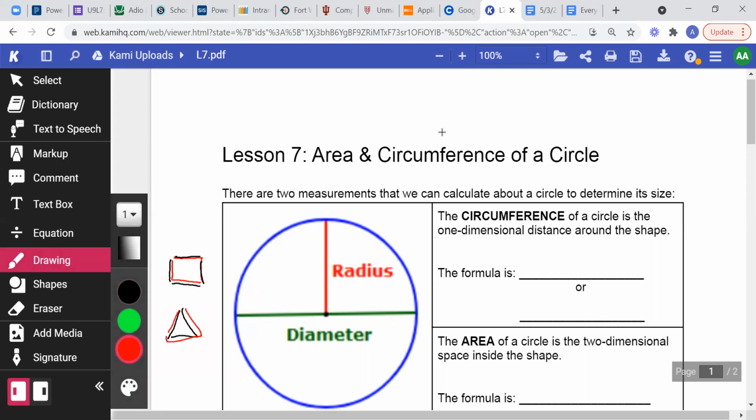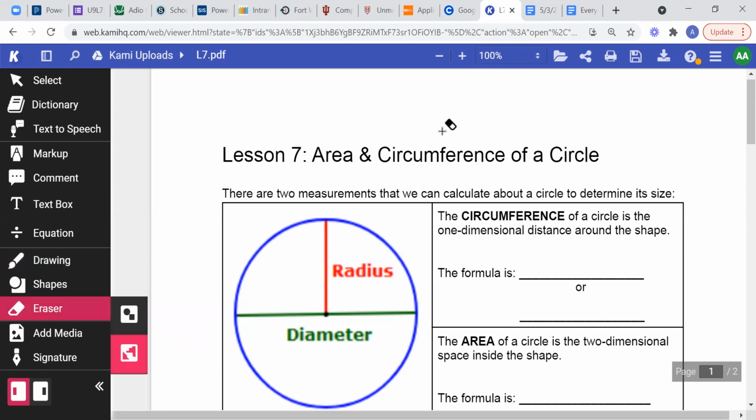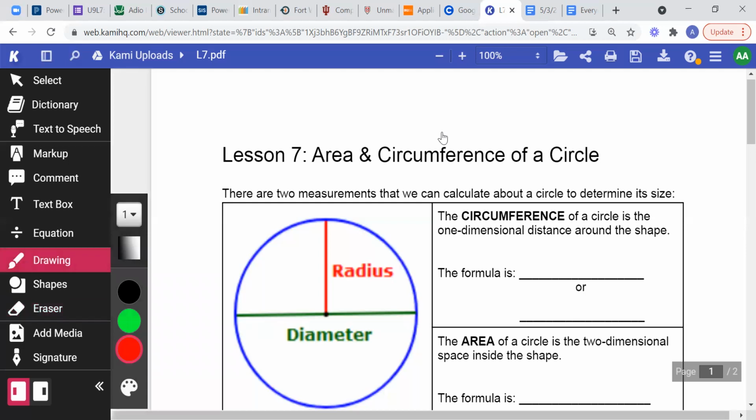The sum of these three sides of the triangle will definitely become the perimeter. So here we're going to do the same thing. It's about moving exactly around the circle. And the circumference is represented by